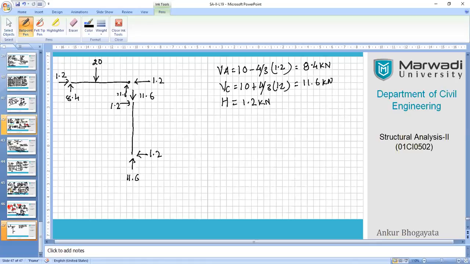So friends, based on that, can we work out MB quickly? Because all these things will be required for us to develop the diagrams at a later stage. If I take moment of the various forces, I'll be getting moment, just for the sake of the answer I'm giving you, that is 4.8 kilonewton meter. Please check it at your end. I'm just giving it to you.